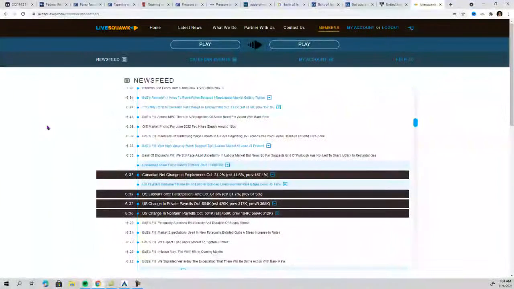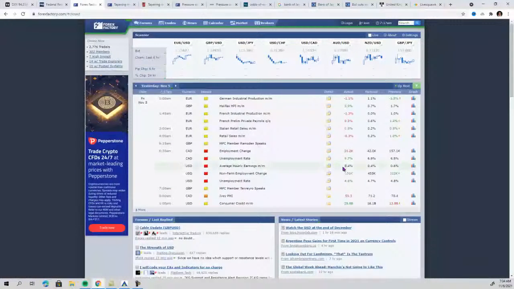On Friday we had non-farm payrolls, and there was a big beat in job numbers. 531,000 jobs were added in October, with a previous number of 194,000. But if we look at the average hourly earnings month over month, they disappointed, while the unemployment rate